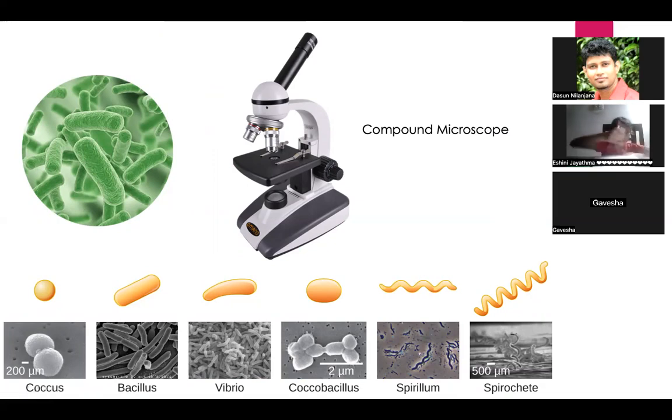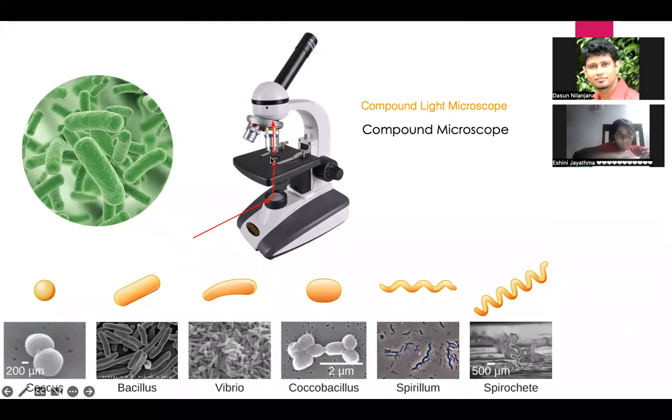Compound light microscope. So remember this device. So this is compound microscope, or the better you can tell it, compound light microscope, because it uses light. Actually, from this mirror, the light is reflected and sent through this lens. Actually, your sample, you place it here. When light travels through the sample, you can see it very clear.